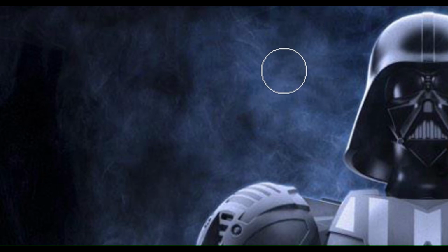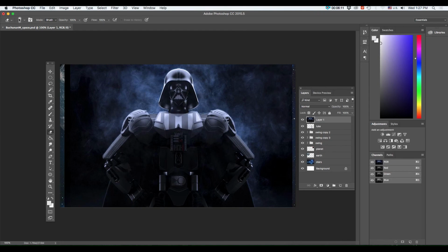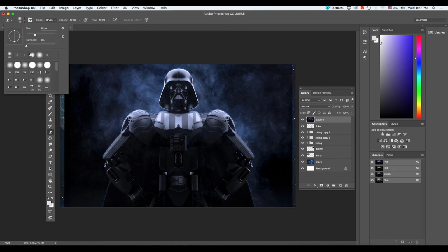And now I've undone that. So I need to change some of these options. I'm going to click on here, and I'm going to change the hardness. Usually I work with about 85, but sometimes that changes depending upon the size of the brush and the size of area I'm trying to